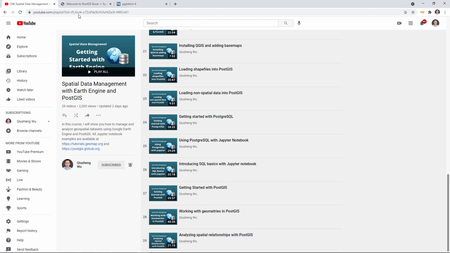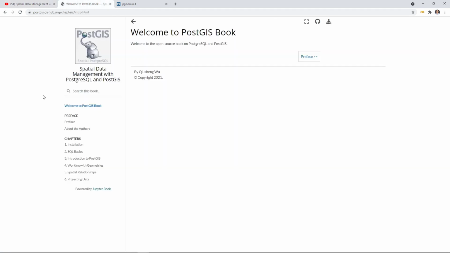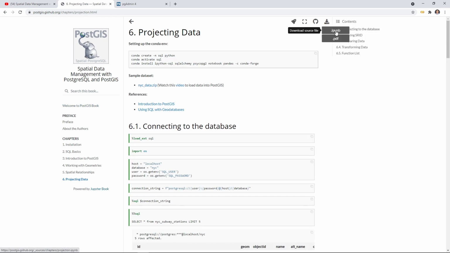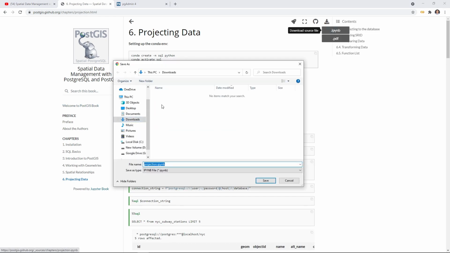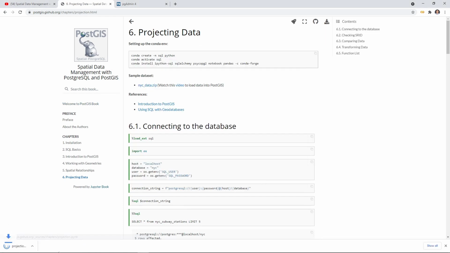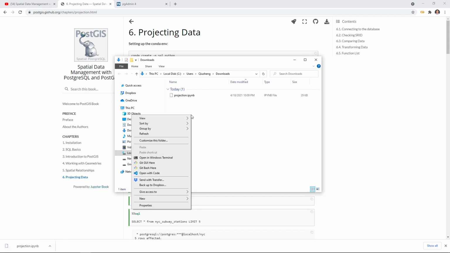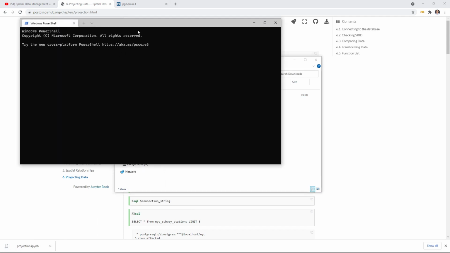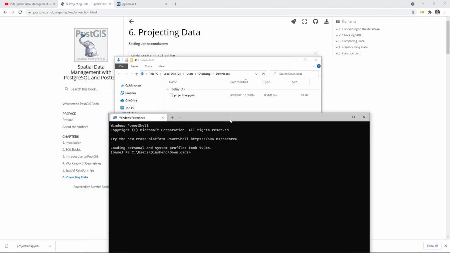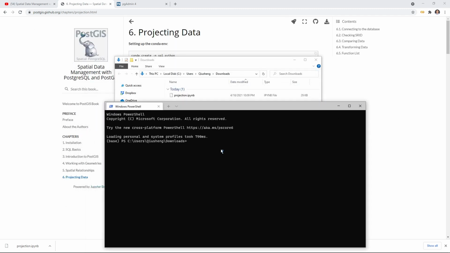And first, let's go to the website to download the notebook example we're going to use in this tutorial. So go to postgis.gishub.org and then click the number 6, projecting data. Upper right corner here, click to download the notebook to your computer. I'm going to download to my downloads folder, and then you can open your terminal or Anaconda prompt. I'm just going to right click, open in Windows terminal, and then you can activate the Conda environment. So conda activate